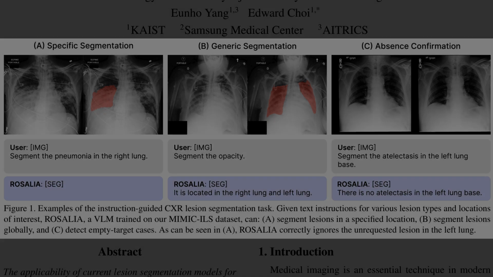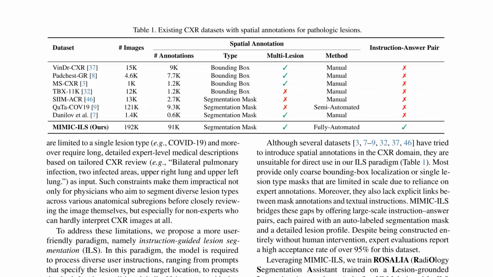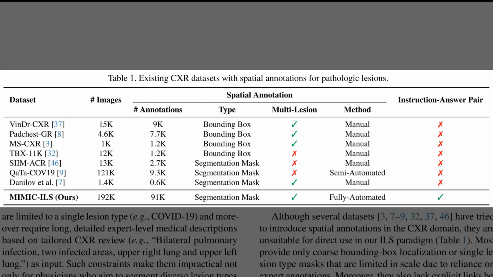So while Figure 1 showed what the task looks like for individual images, Table 1 compares the main chest X-ray lesion datasets that exist today. The table highlights that previous datasets either use rough bounding boxes or small-scale segmentation masks, which usually focus on one lesion type and require manual labeling. In contrast, MIMIC-ILS offers many more images and annotations, full segmentation masks, support for multiple lesion types, and, crucially, paired